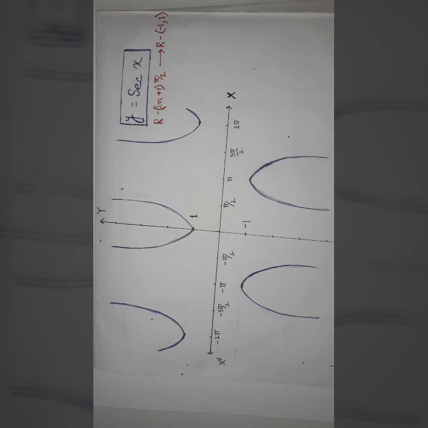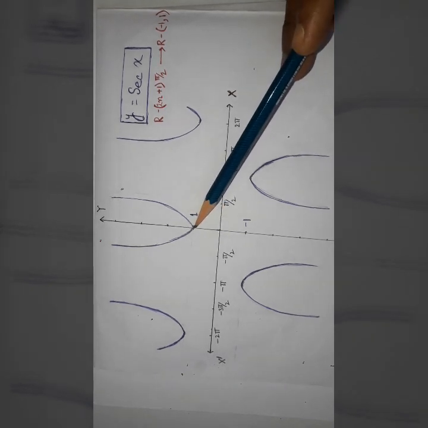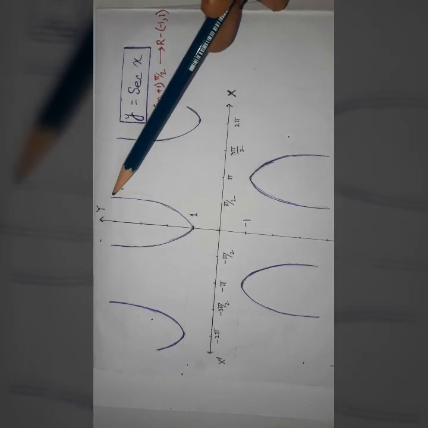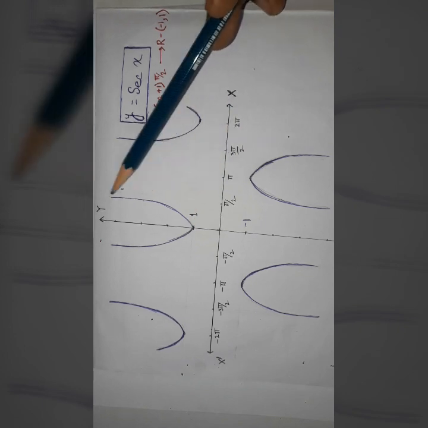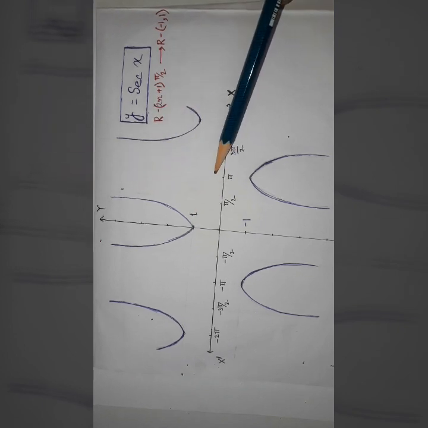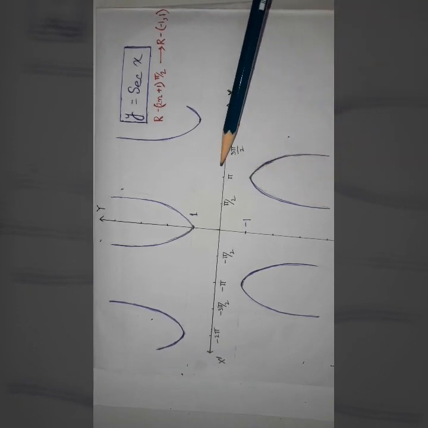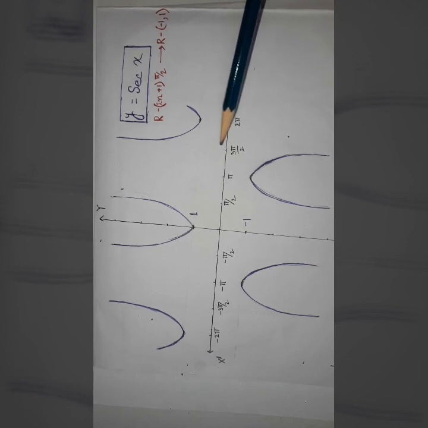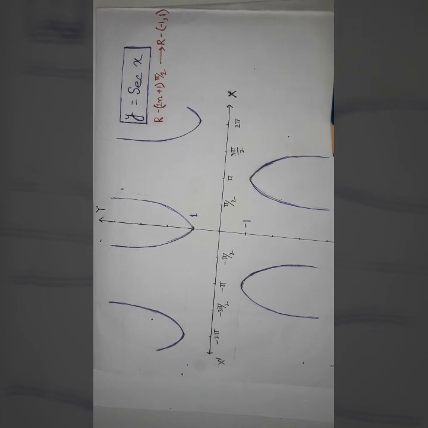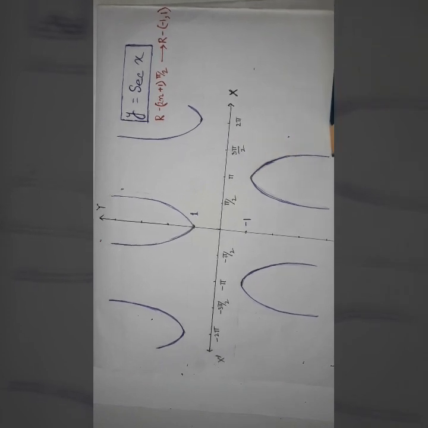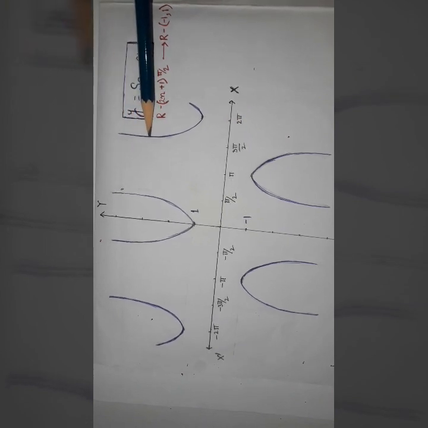Now the graph of sec x. You see sec 0 is 1, sec pi by 2 is undefined. So in the first quadrant it is increasing from 1 to infinite, then in the second quadrant minus infinite to minus 1 it is increasing, then in the third quadrant, that is pi to 3 pi by 2, it is decreasing from minus 1 to minus infinite, then in the fourth quadrant again it is decreasing from minus infinite